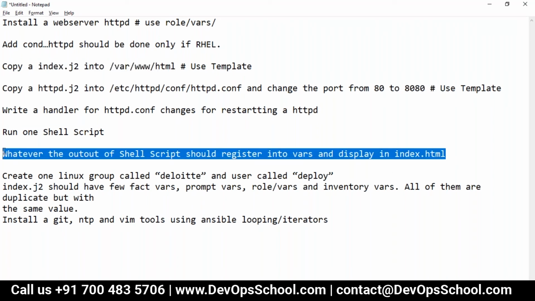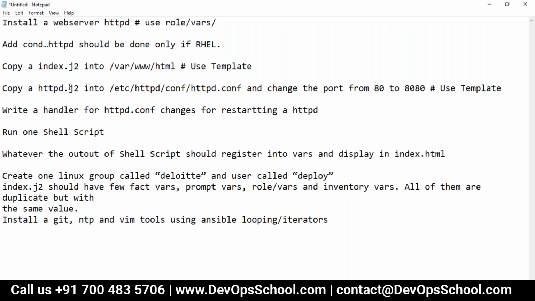Getting my points? You mean to say double parentheses inside that, right? Like we have done inside the J2 file earlier. Yes. So whatever register variable you created here, you could have embedded in the J2 file, line by line, one by one. Got it? Are you getting it, guys, or not? Guys, are you there?